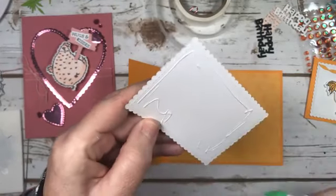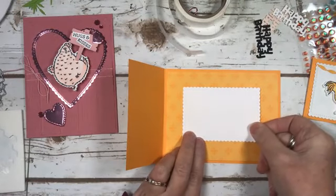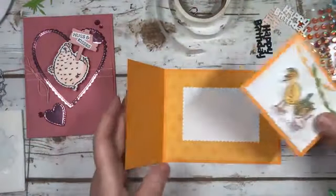I get in my own little zone here and don't realize if I'm in camera or... I think my camera's a bit lower today, but...